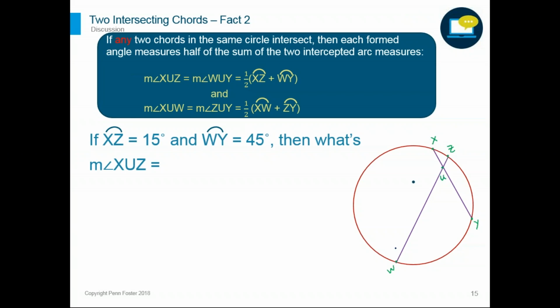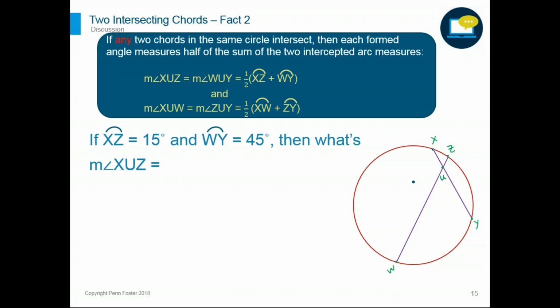Also XUW and ZUY. So the rule says that the two vertical angles, XUZ and WUY, should equal half of the sum of the measures of the two arcs that